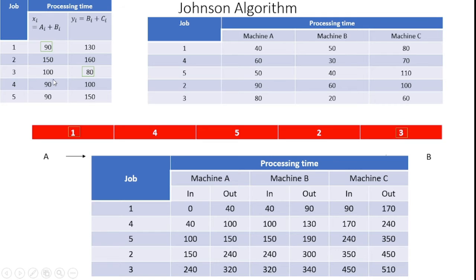What is the next minimum value? Yes, the fourth job with the X machine has the next minimum, so I can allocate from the left hand side to the right hand side, because it is available with the A machine side, so I allocate here. The next is 4. After that, with the balance, which one is minimum? I deleted first, third and fourth. The balance is second and fifth job only.